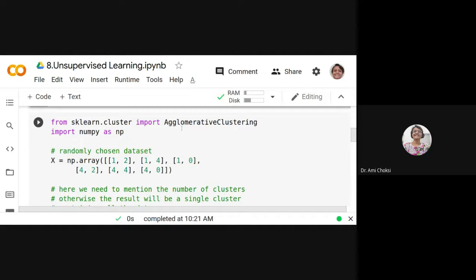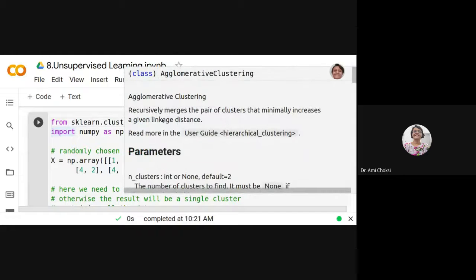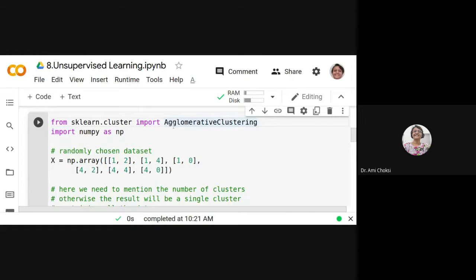Now, let us see the agglomerative clustering, or you can say hierarchical clustering. From sklearn.cluster, import AgglomerativeClustering. For whatever algorithm we want, we have to import the class of that particular clustering, isn't it?